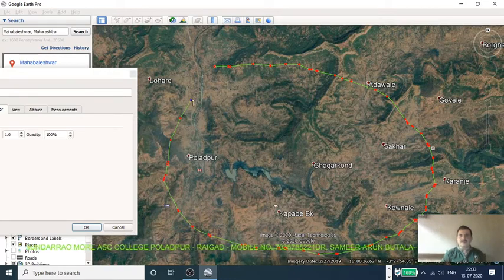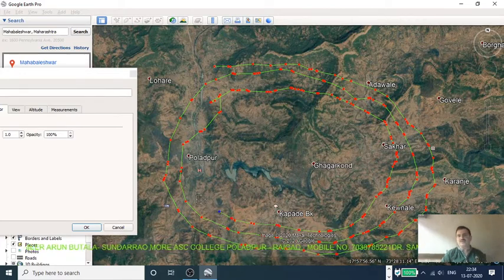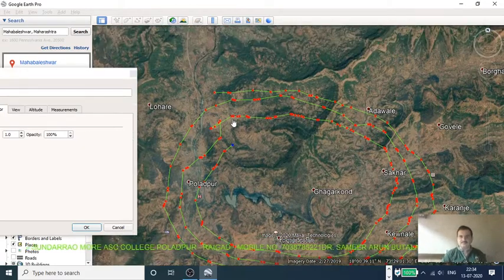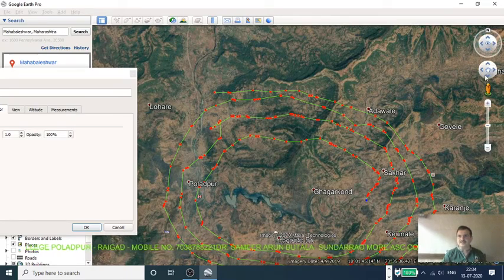In this way we select the area, just clicking on it randomly. No need to digitalize any road, any river, or any path. So without any digitalization, we can create a map.